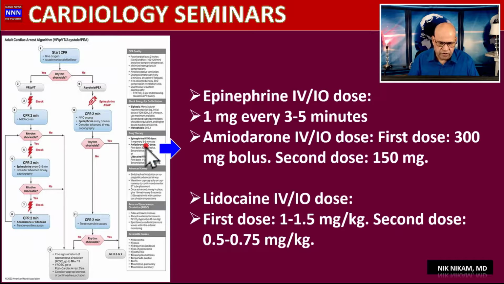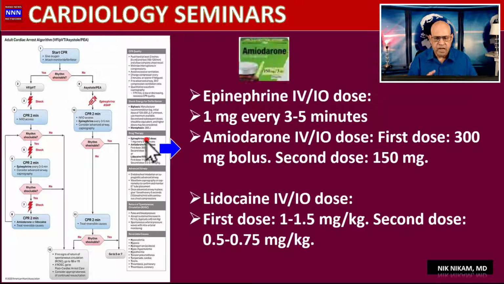Now let's look at drugs. The drugs that we have available are epinephrine, amiodarone, and lidocaine for arrhythmia control. Epinephrine is for asystole and pulseless electrical activity. It is given at 1 milligram every 3 to 5 minutes. It can be given intravenously or through the intraosseous route, or even through the endotracheal tube if you don't have